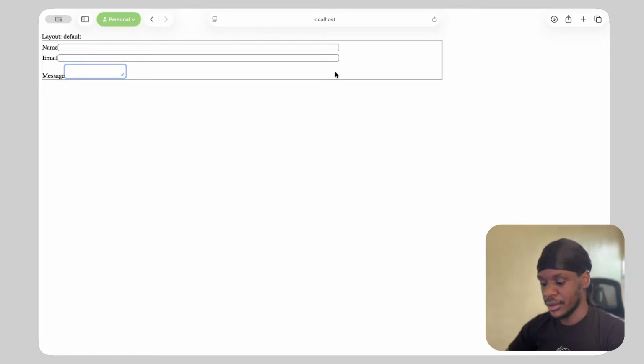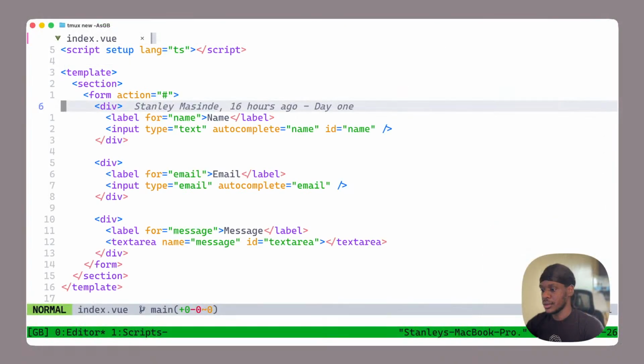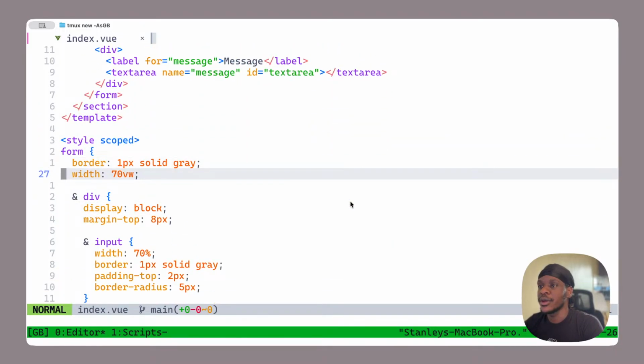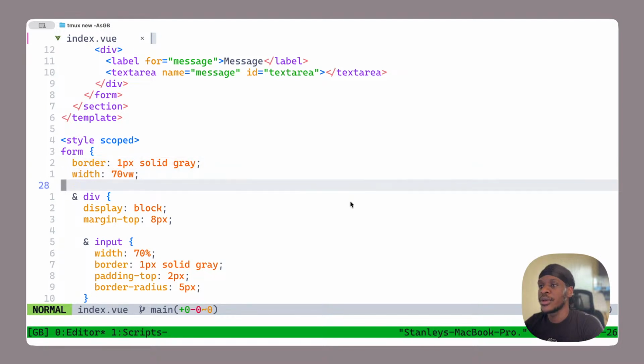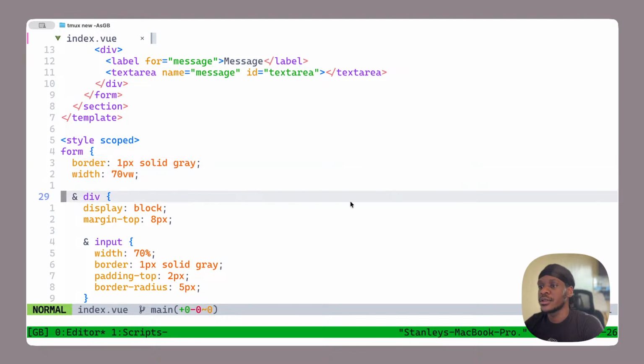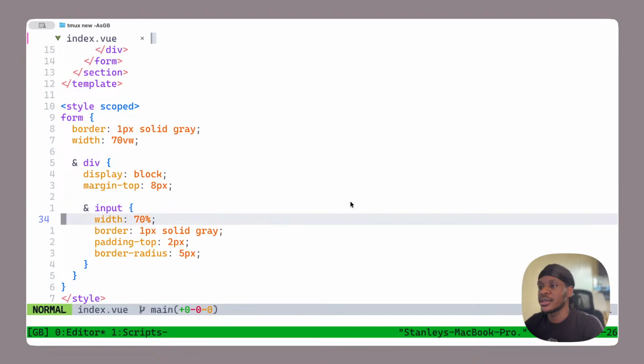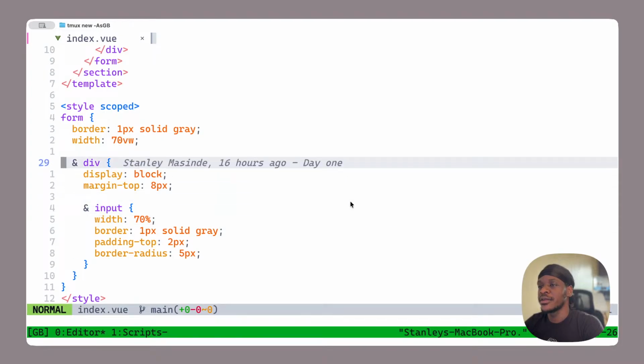Okay, anyway, let us stop complaining. What do we do? Go back to the editor and try and fix that mess. So let us look at our styling and just try to imagine what it is doing. So the form is the main container containing these divs. Then input, the width is 70% of the container. Okay, so this div,